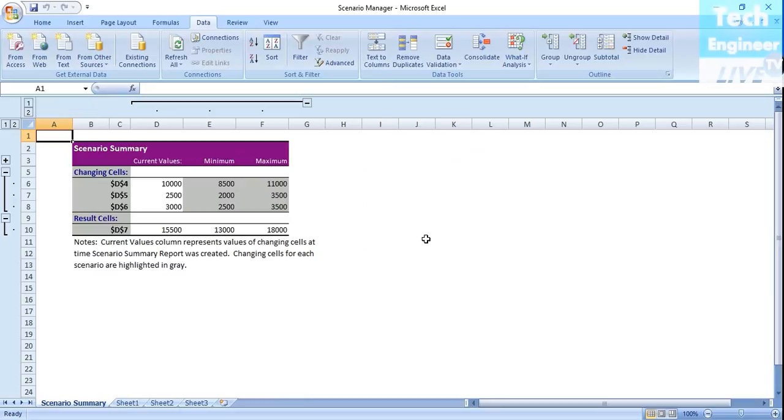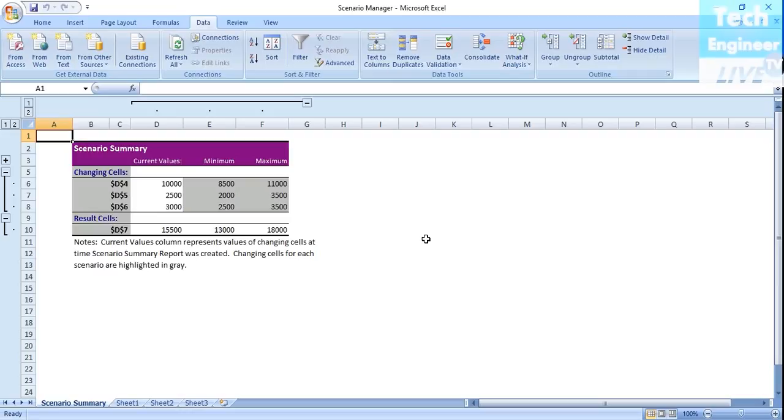In the current values we have 15,500 rupees, in the minimum we can shell out 13,000 rupees, and in the maximum it could be 18,000 rupees. So this is what the scenario